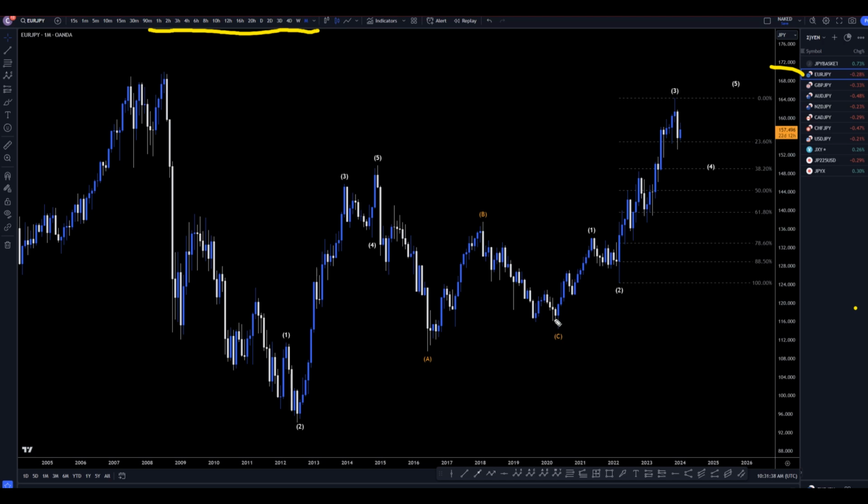So on the euro yen monthly, I think there's a pretty good chance this is a 1, 2, and 3. We had a big impulsive move down, but it really never broke structure, so we really can't say for sure that wave 3 is over. And all that really tells me is that there really is a possibility that it could just keep on drifting up. But looking at it in Elliott wave terms, it does look like the end of a